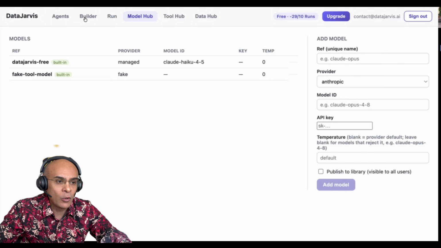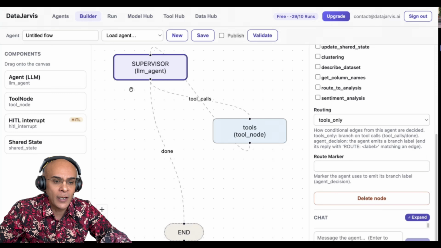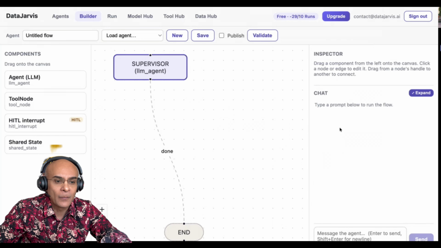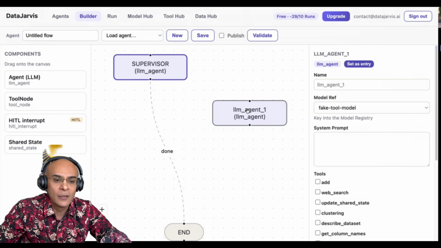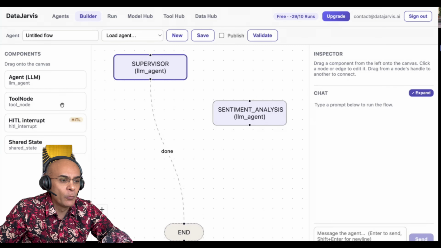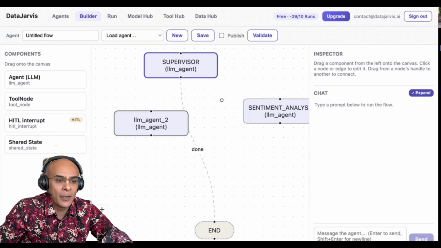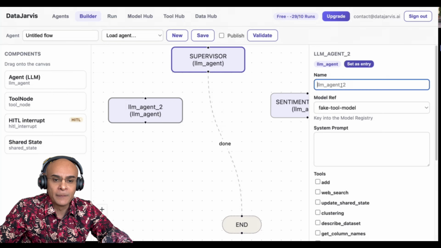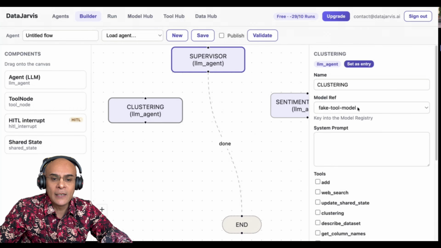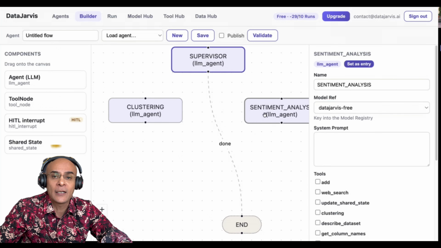Now let me go back to the builder, and here we are going to delete this tool node, and I will tell you why later on. Instead, we are going to bring in an agent which is going to help us do the sentiment analysis, as well as another agent which is going to help us do the clustering. Now, both these agents will need access to the large language model. So I'm going to make sure that both of them are using that Data Jarvis Free model,